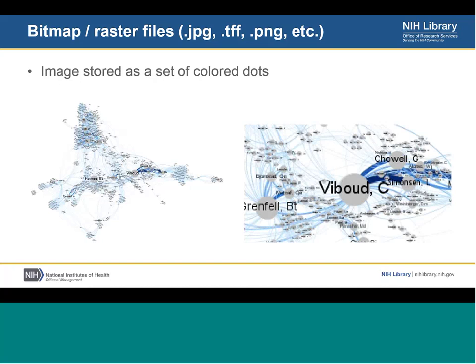The other disadvantage to this is if you want to change things within the image, you literally have to recolor the dots or draw over top of those colored dots to change a color or change a label, things like that. It doesn't give you nearly as much flexibility. So once the image is stored, it's kind of set in stone. Photoshop allows you to tweak that a little bit, but again, it's painting over the dots that are already there rather than changing the image itself.